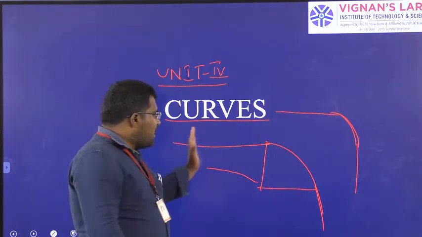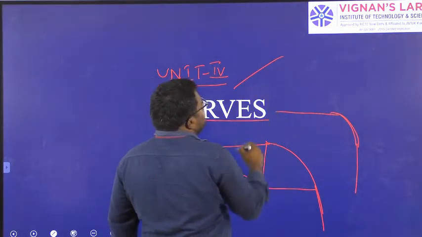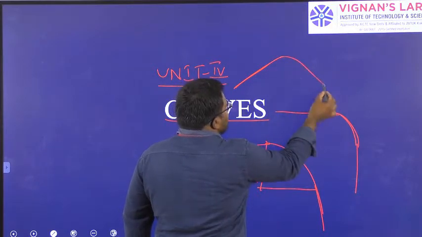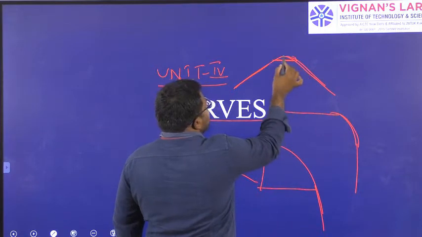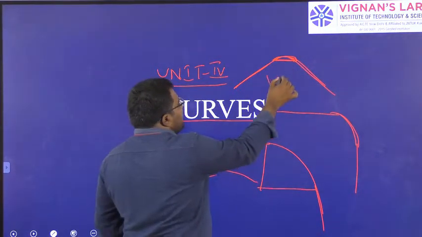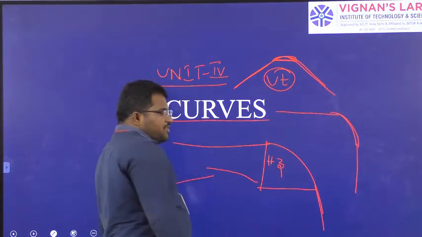This is a horizontal position. Suppose you are going in a vertical position, if you are climbing and then you want to descend, this is ascent and descent. In your descent, this portion is called a curve. So this came in a vertical position, and this came in a horizontal position.